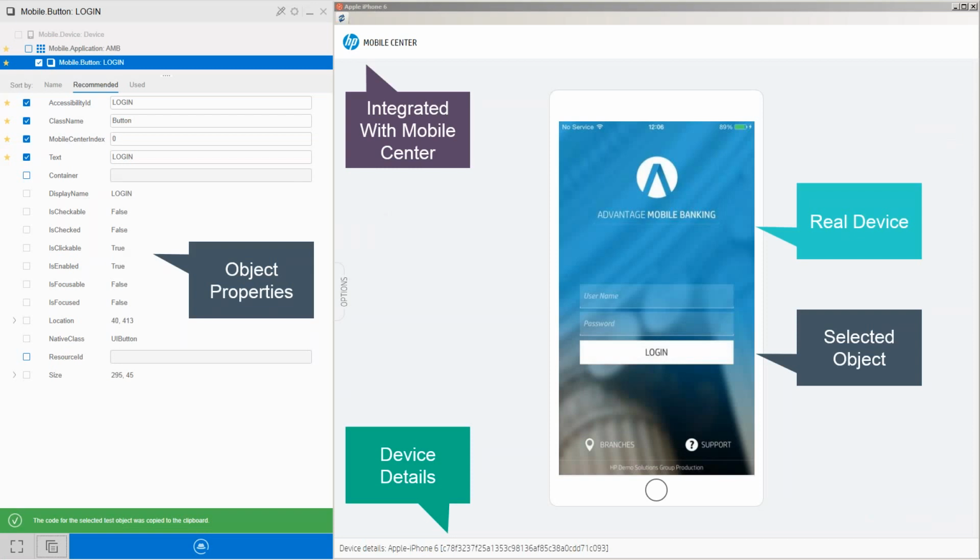As an example here, I talked at the beginning about how LeanFT can integrate with all sorts of different technologies. This is just an example of using the Object Identification Center along with Mobile Center, our mobile testing tool. So we've got LeanFT talking directly to mobile handsets. In this case, this is an Apple iPhone 6 with a mobile application on it, and we're using the Object Identification Center alongside that mobile application, working exactly the same way that you've just seen me do within a browser. So I've selected that login box as my object. You can see all the properties that it's found. Again, I can then just copy that code, generate that code, and go off and paste it back into my IDE to be able to start testing the same application